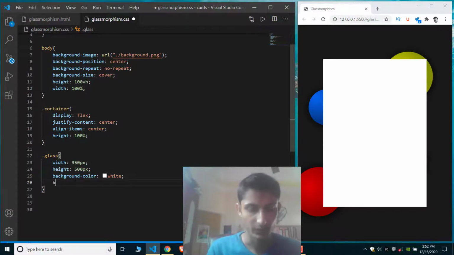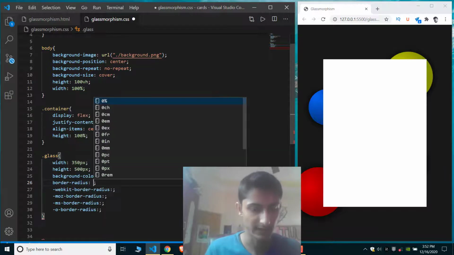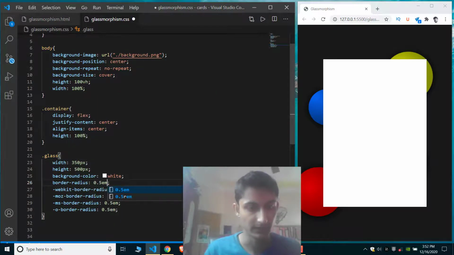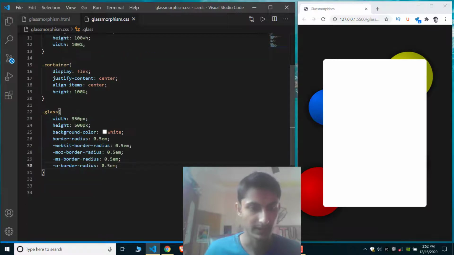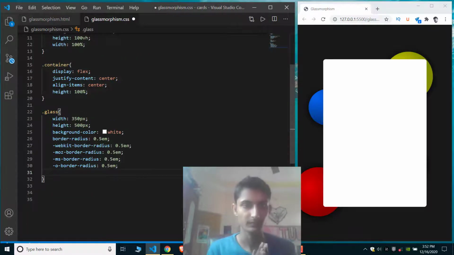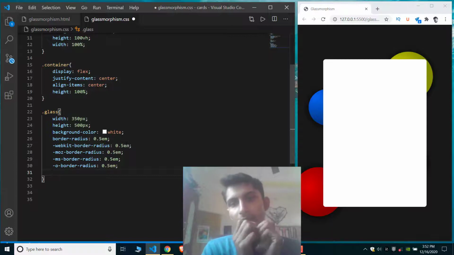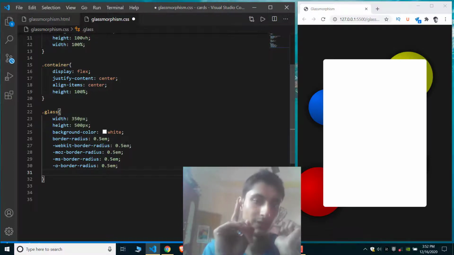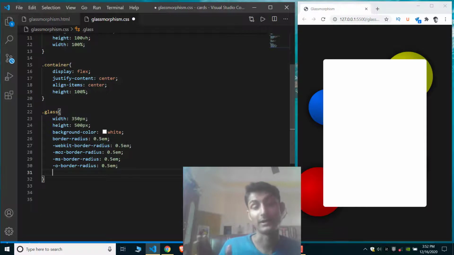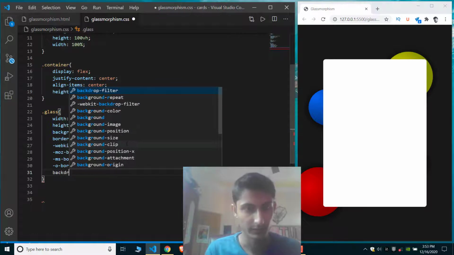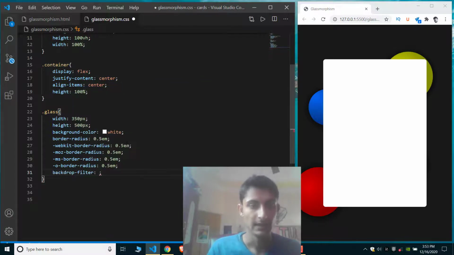And let's give this a border radius first, 0.5 em, and that's it. That's great, looking nice. And now we are going to create glass effect or Glassmorphism. Now to create a Glassmorphism effect, you just need one property, and that property is called backdrop. Okay, so right now backdrop filter, and inside the backdrop filter we will write blur function,